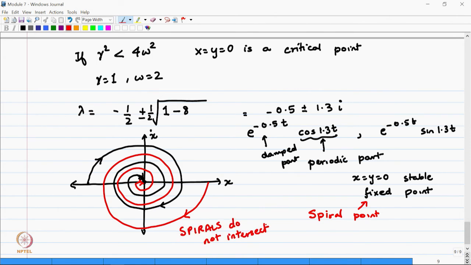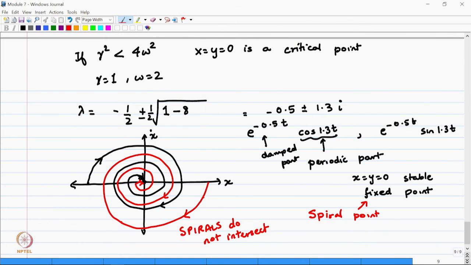No trajectories can cross, because the solution is unique. So, you will always go in a particular way. You can never have these two curves crossing each other, because the motion is perfectly determined. Once you have specified whether you start here or here, you will end up following this trajectory. Wherever you start along this curve, you will follow this trajectory and finally end up at this